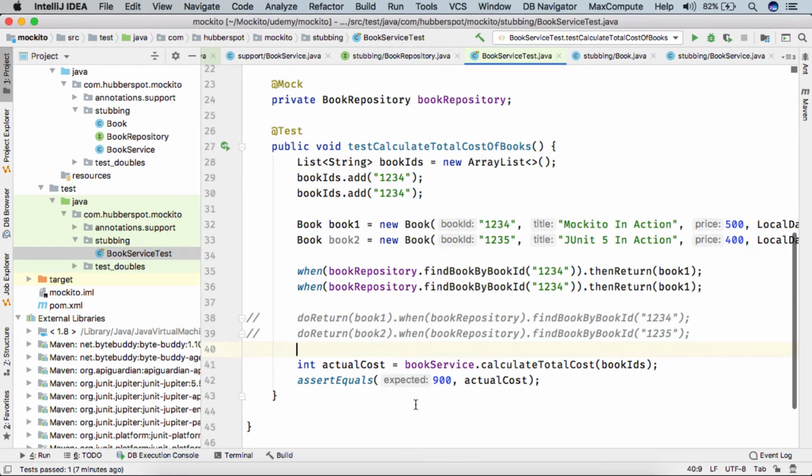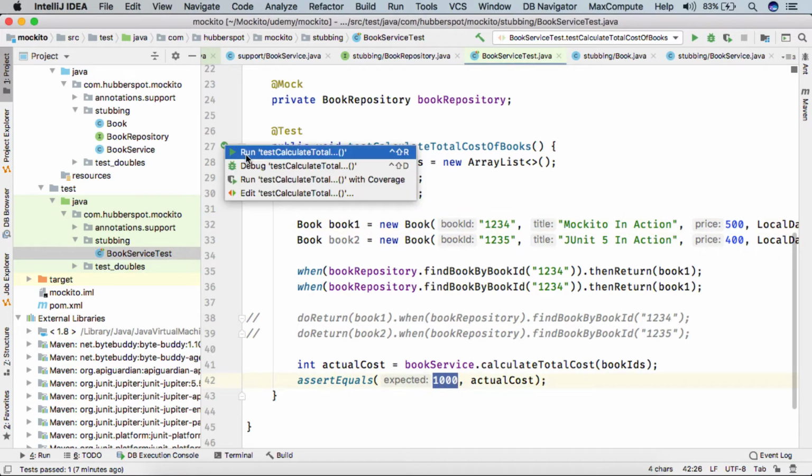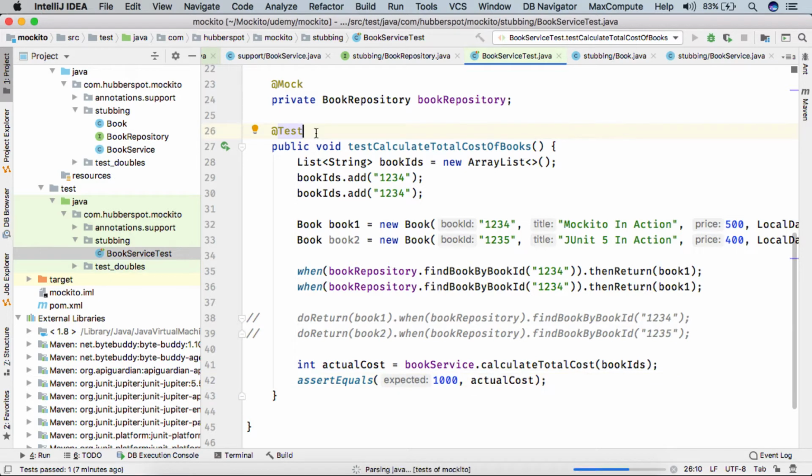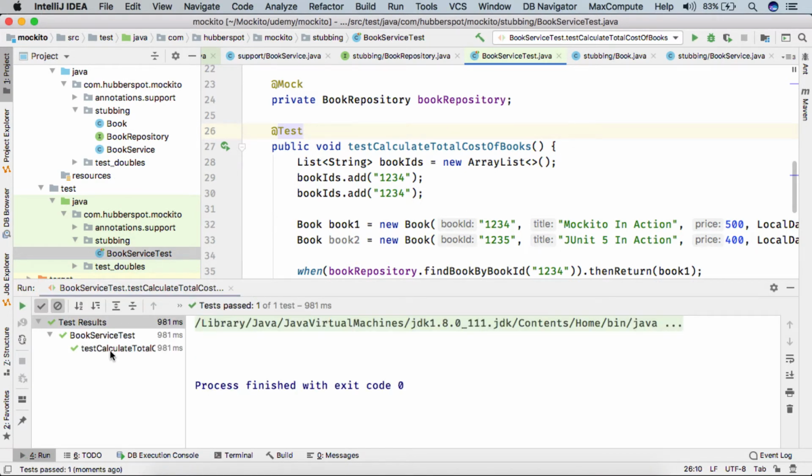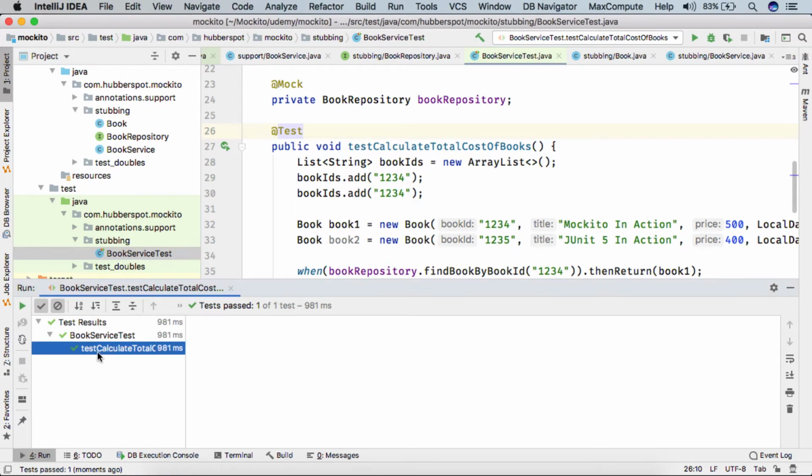If I run the test case, the expected value should be 1000, because we are simply returning book 1 when we are passing 1234. So the total cost would be 500 plus 500, which gives 1000. If I run the test case now, you can see the test case got executed successfully.